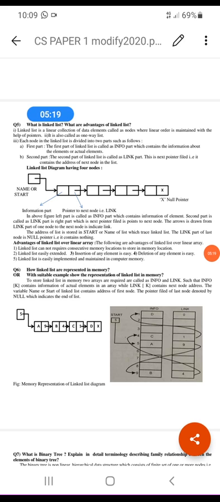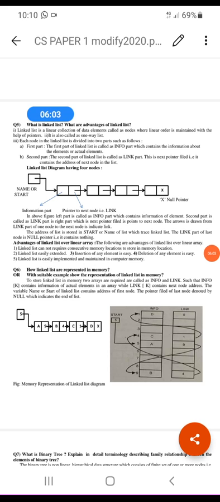So there is no need of homogeneous or continuous memory locations for storing a linked list. That is one of the advantages. Also, expansion, addition or deletion operations are very easy in a linked list. But one of the disadvantages of a linked list is that it can come to chaos if one of the pointers in between is lost. So it is difficult to retrieve the information if a pointer is lost, and there is some internal fragmentation, since each node requires some part of memory to hold the pointer.